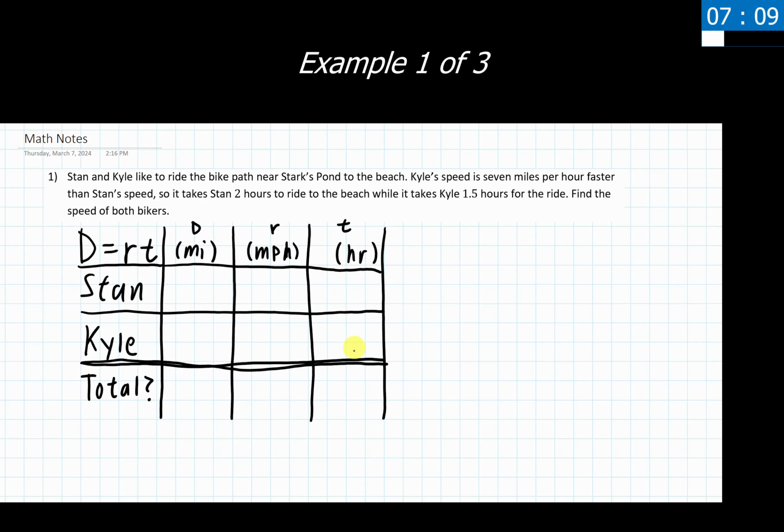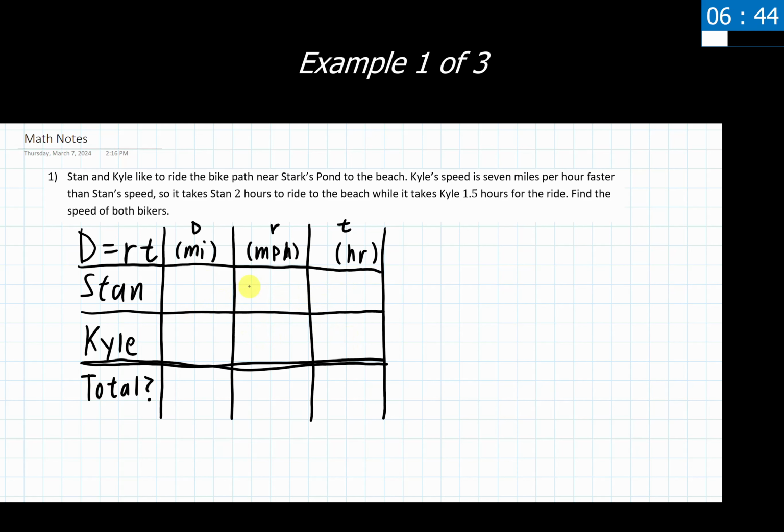Maybe we need to add the times together in a problem. That does show up from time to time, so I would recommend including this total row just in case we use it. We don't always, but have it in there just to be sure. We should always be given enough information to fill in these 6 boxes that we have up here, though. That has to be given to us to go through and solve these things.